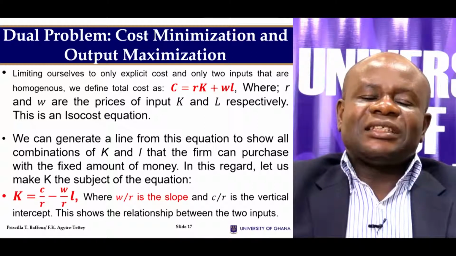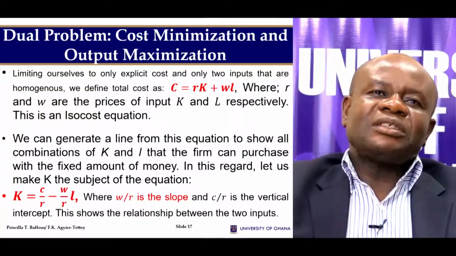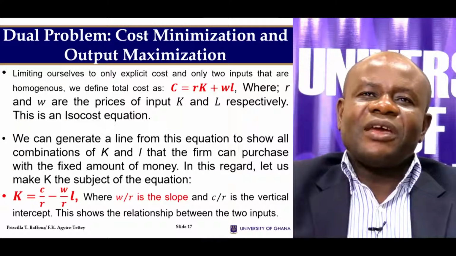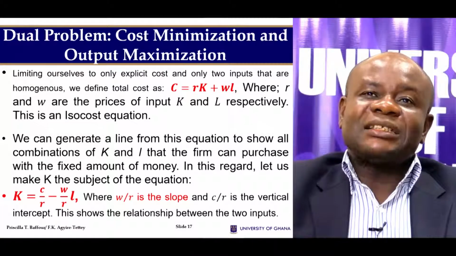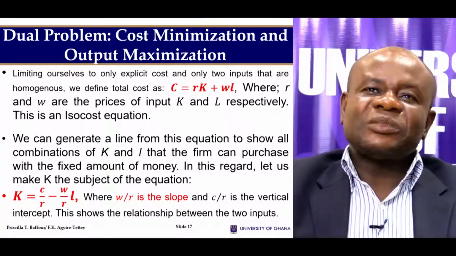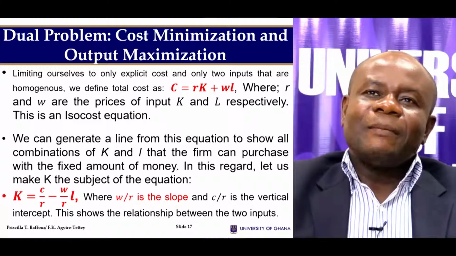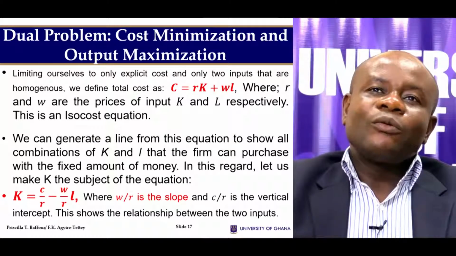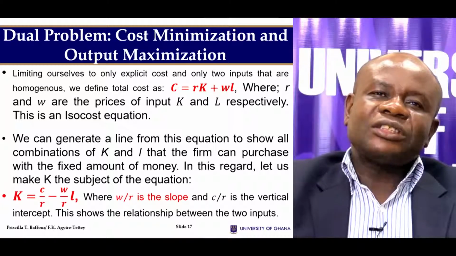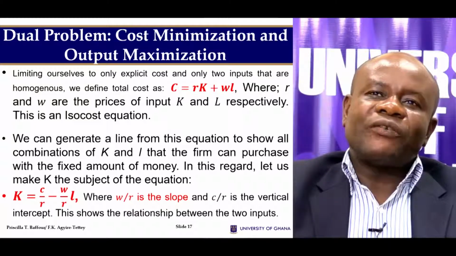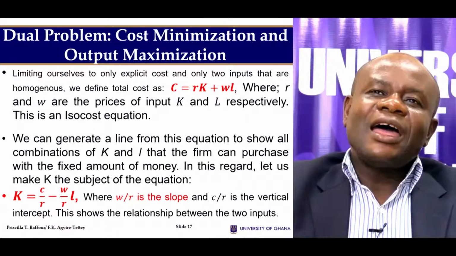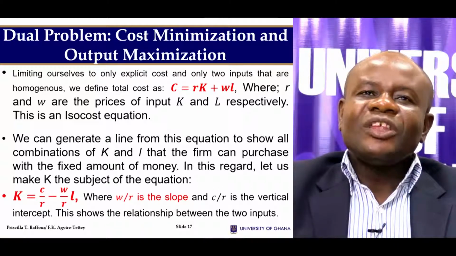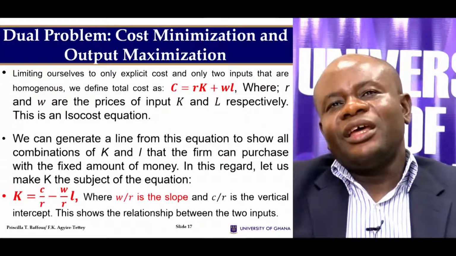Under that assumption, we are going to say that the total cost of the firm, which we are going to represent by C, is equal to small r multiplied by K plus W multiplied by L, where r is the cost or the price of the input capital, and W is the price for labor. This we can call the